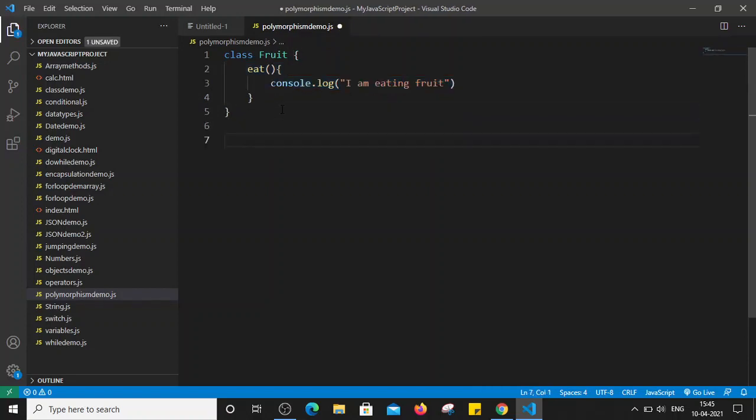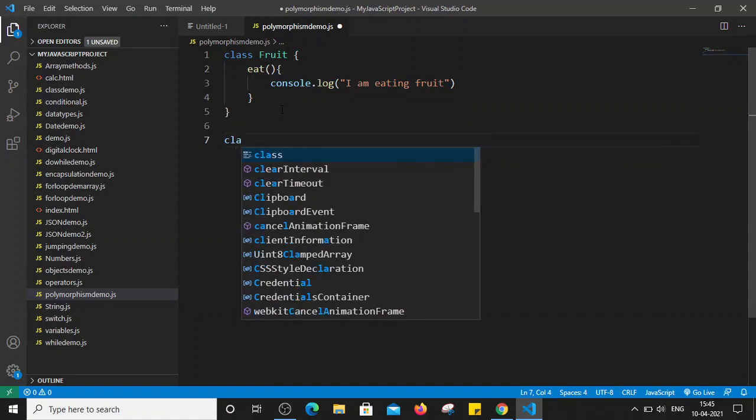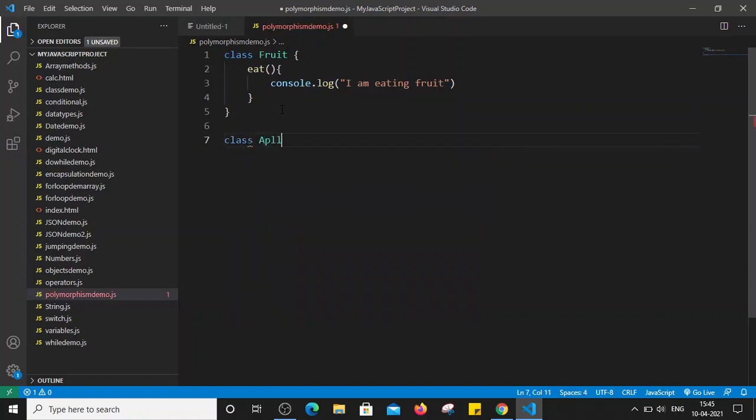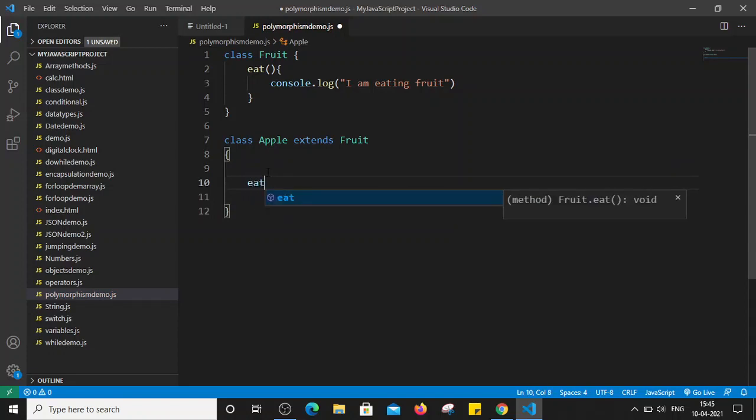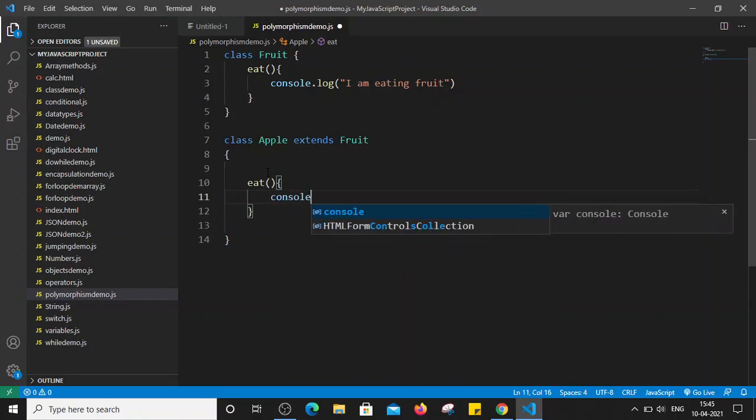Now let's create one more class, and that class name is apple, and this class extends the fruit class. So class apple extends fruit, and this class also contains the same method, eat, and it will simply print "I am eating apple".